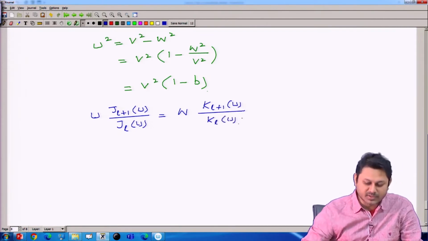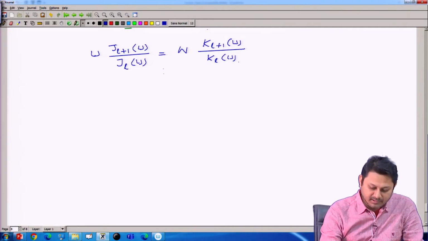That was the transcendental equation, and now I replace this u and w with b, and then u I replace as v into 1 minus b whole to the power half